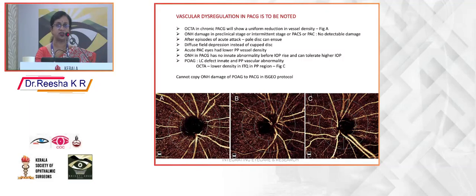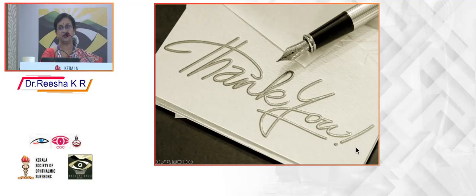So this OCTA is a sensitive tool which looks into the peripapillary vessel density. As you can see on the left-hand side, figure A shows normal. In comparison, in the angle closure one month post-acute episode, look at the reduced peripapillary vessel density, and the flow index as well is reduced. While in the POAG on the right-hand side, you can see a focal loss here of the peripapillary vessel density. So these are all